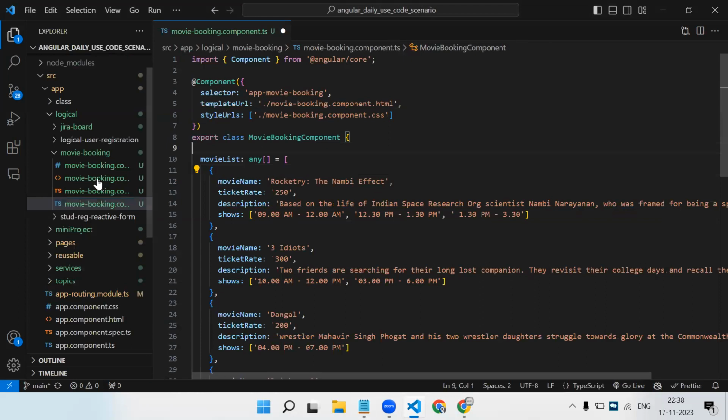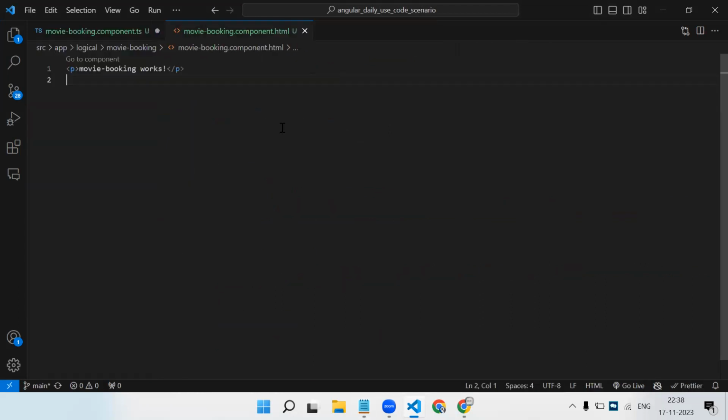So in that HTML, let's add a container div just to wrap it up. Now inside that I will create a row, again column D3. Let's say in one row I'm going to show four movies. Then we are going to need a card,